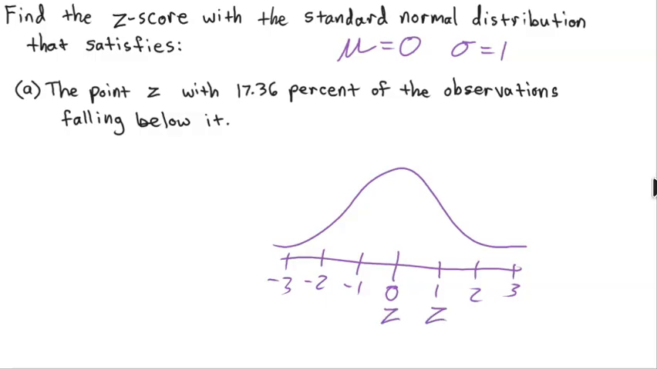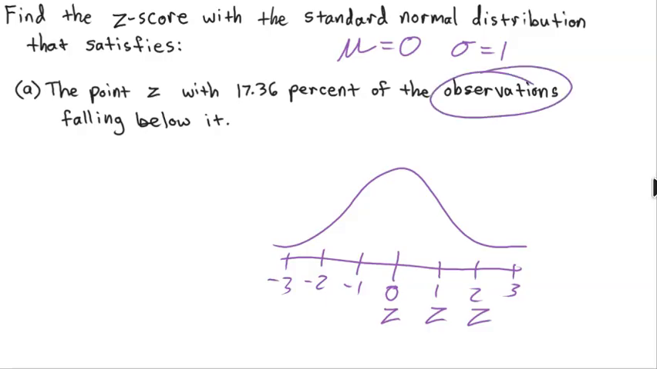We were calculating z-scores, and that's essentially what's happening here with the standard normal distribution. All of our numbers become z-scores. So we have z equals 0 at the mean, okay? And so this question says find the z-score. So we're going to be looking up z-scores that satisfy the following. We're looking for the point z where